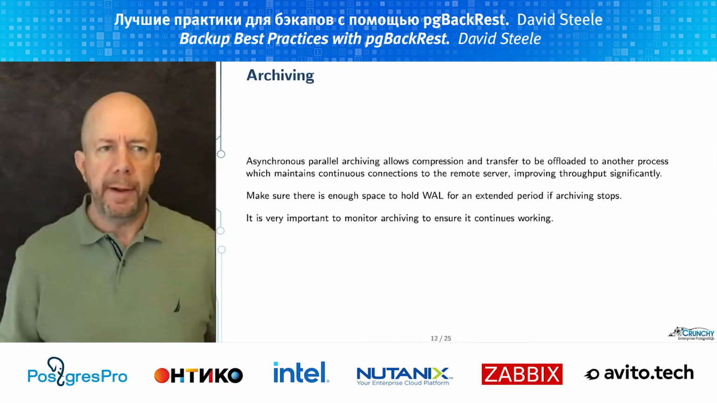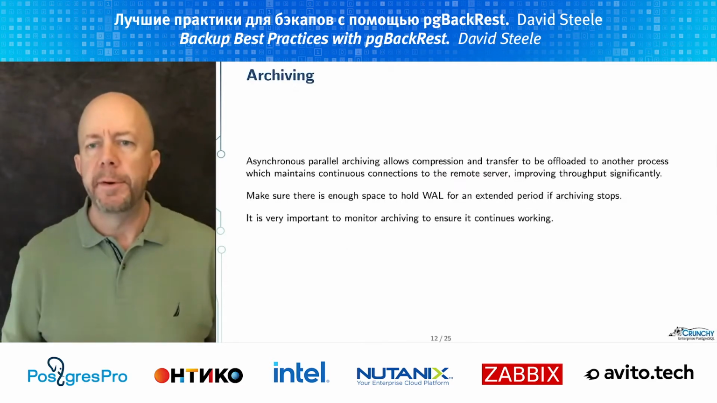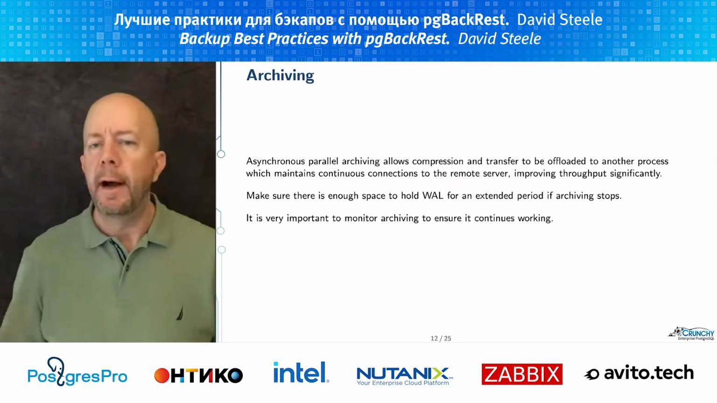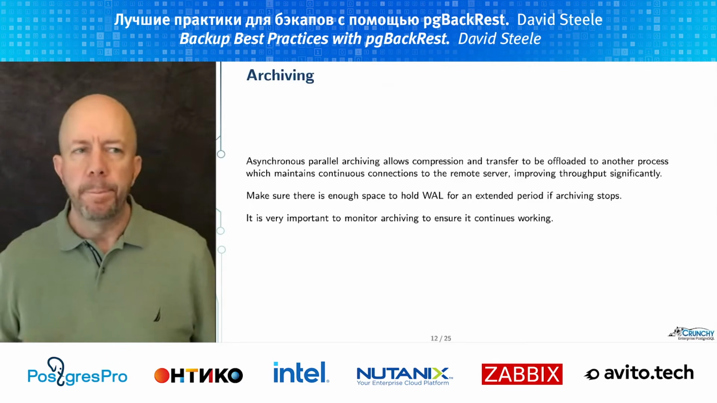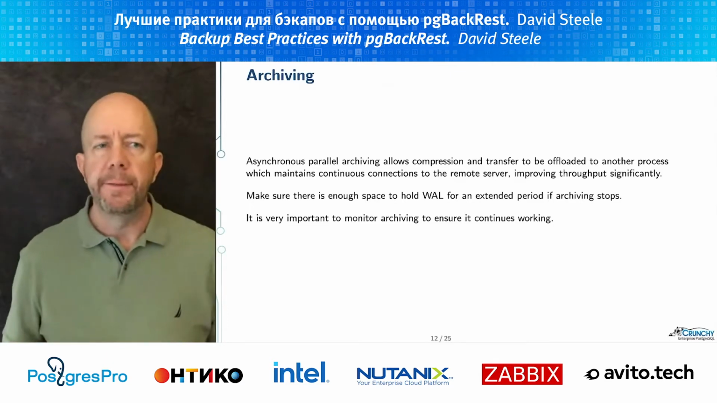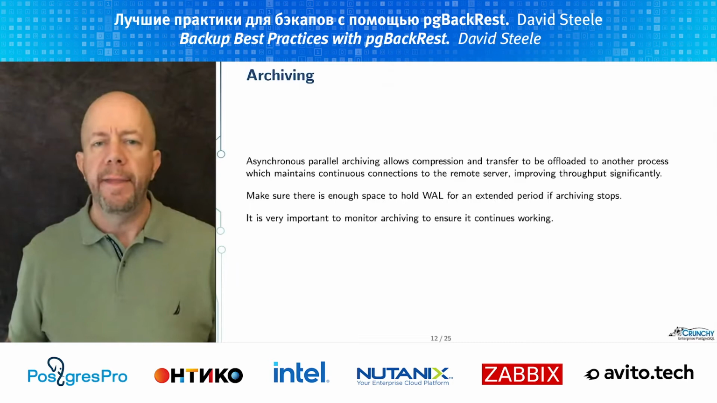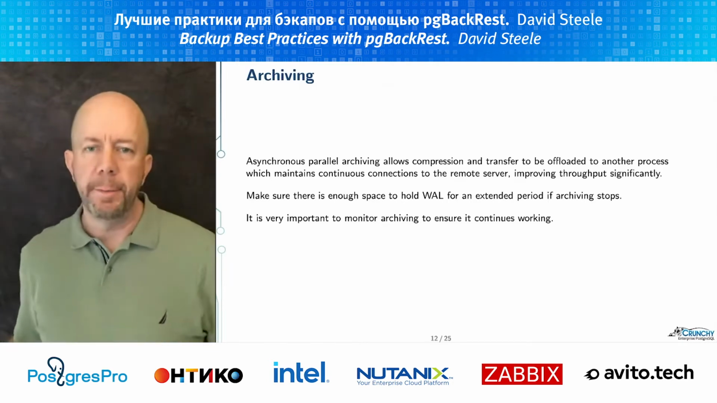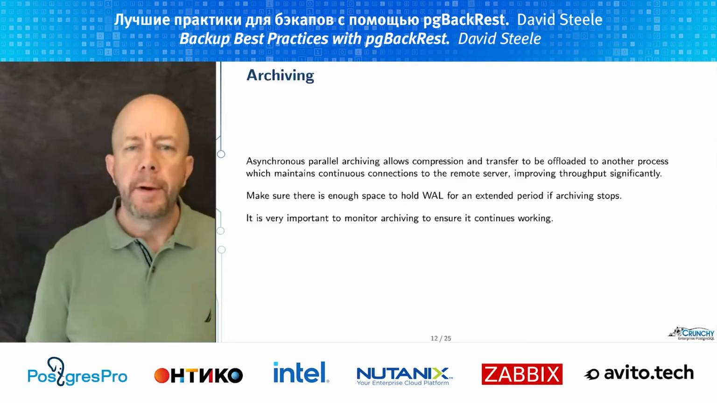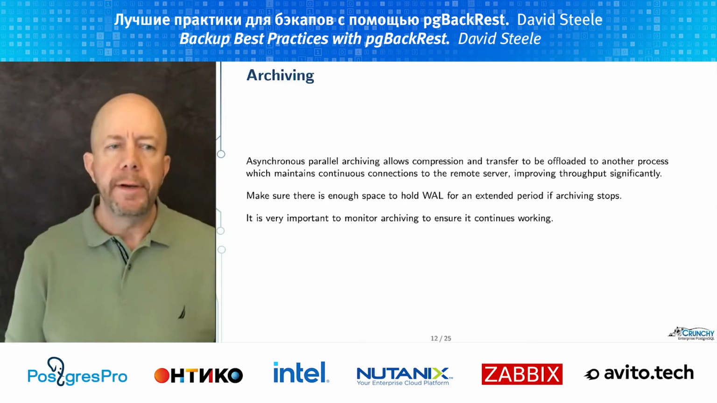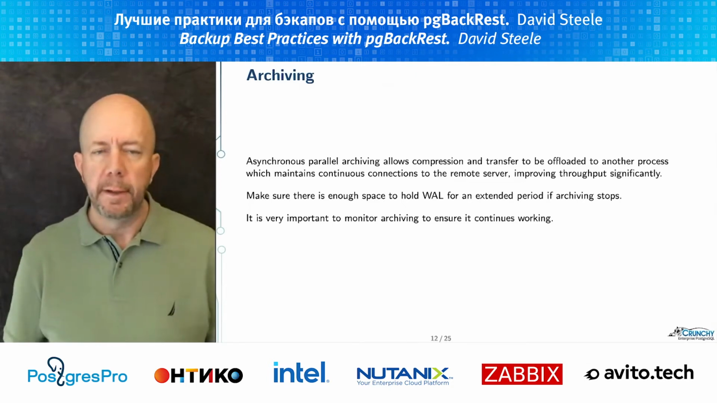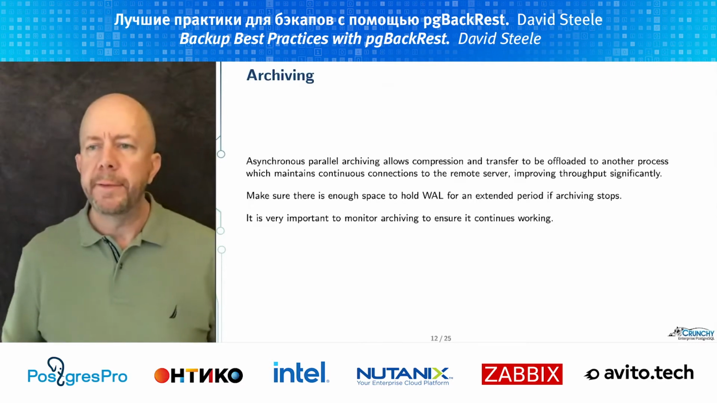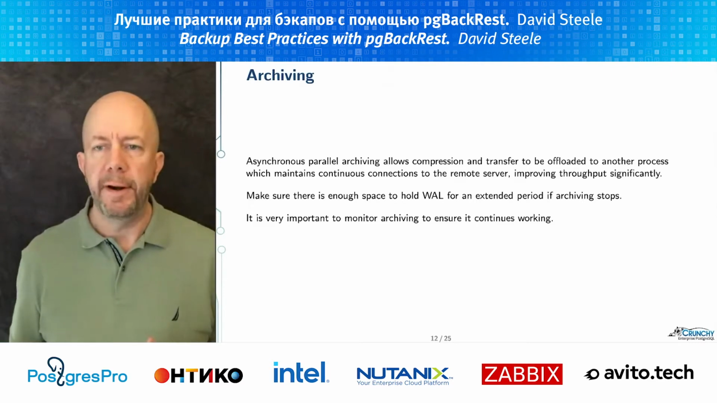Archiving is taking the WAL segments that Postgres produces and offloading them to another server or another place. It could be S3, an object store, or another server. But the idea is to preserve those, because point-in-time recovery is the last backup plus the WAL segments that are required to play forward to that point in time. So the way we do it is asynchronous parallel archiving, which you need to turn on, but that allows compression and transfer to be offloaded to another process and everything to run in parallel, and it improves